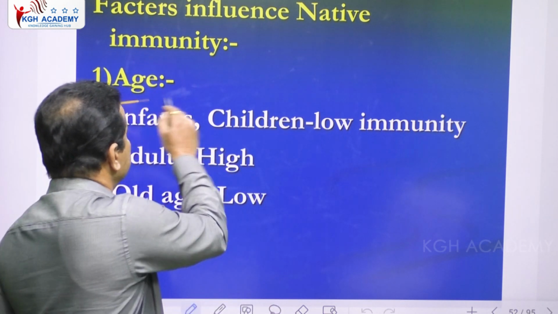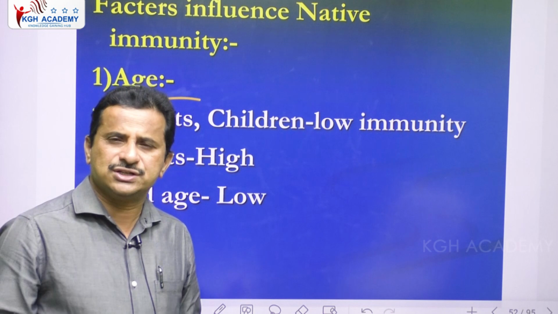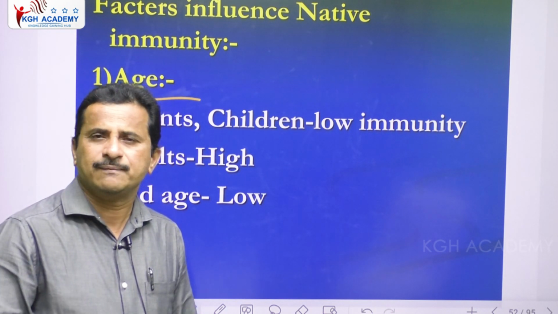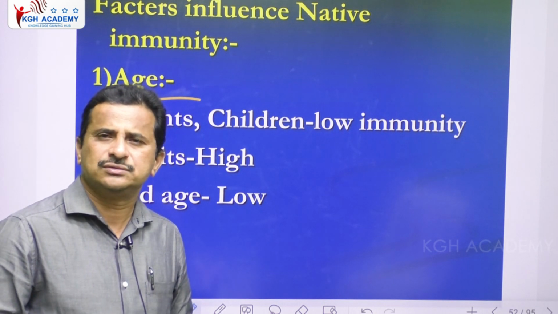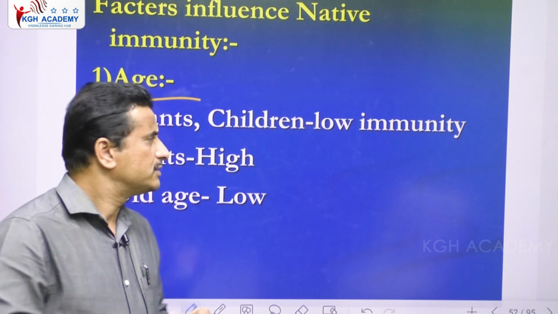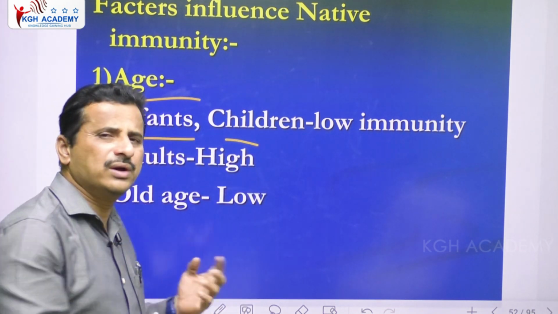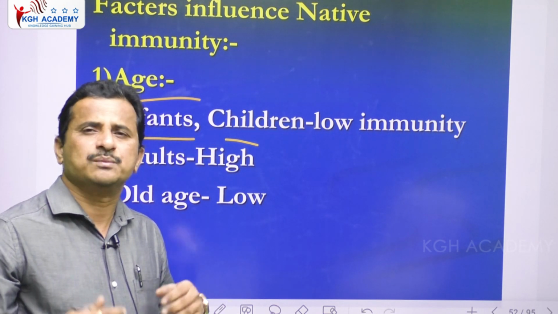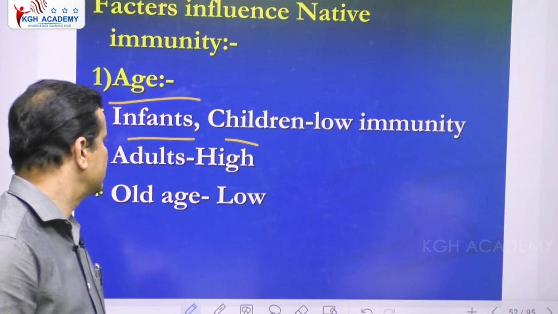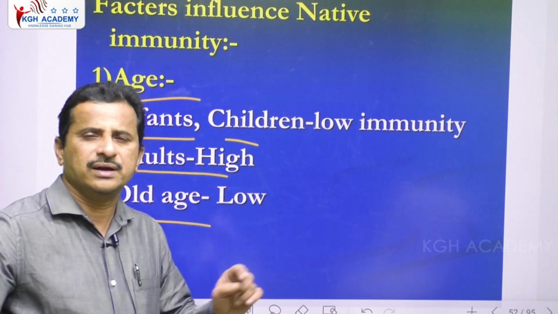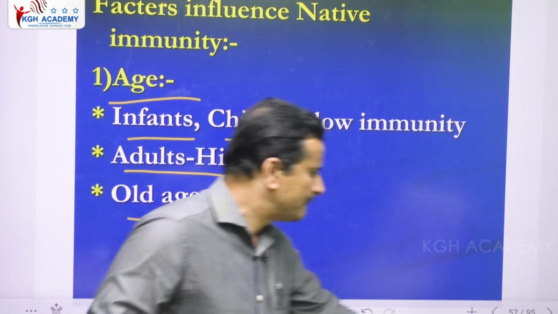One is age. Old age, low immunity. Newborn children, very low immunity. Young people, 13, 14 to 25, 30 years, generally show more immunity. So infants and children have low immunity. Old age people have low immunity because of the body mechanism. Generally adults have very high immunity, and old age very low immunity. And next,